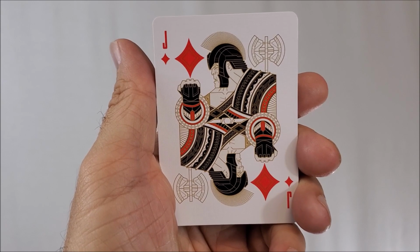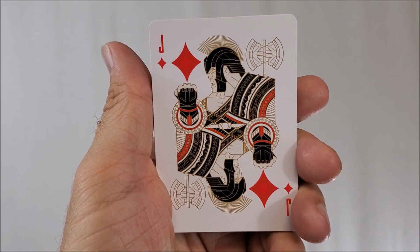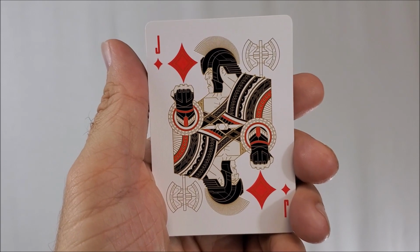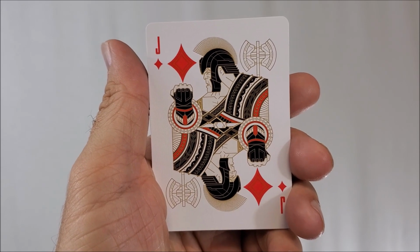The Jack of Diamonds is Hulk, and this is his character from Thor Ragnarok. Again, not his character from Infinity War Saga. And again, I think if I were making it an Avengers Infinity War deck, or even just an Avengers deck, I would have left all the extra accoutrements off of him and left him just as the Hulk we all